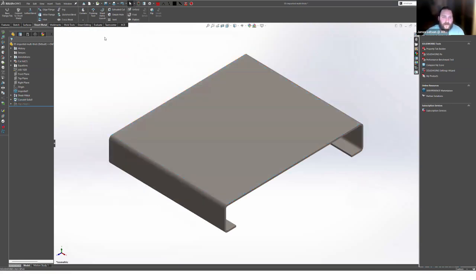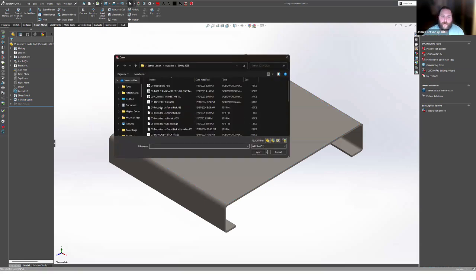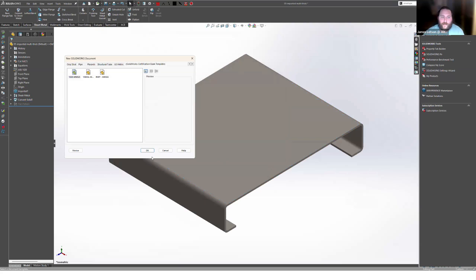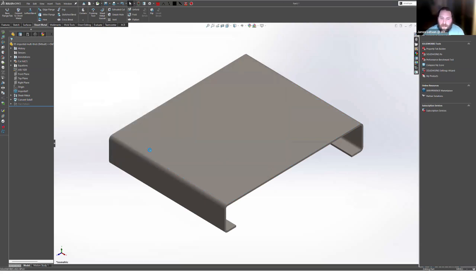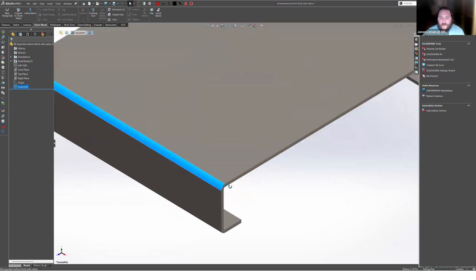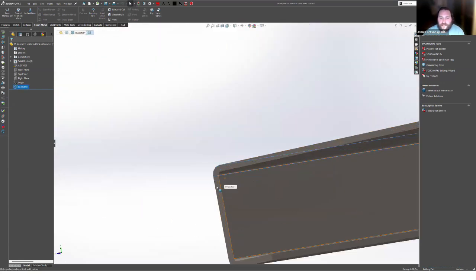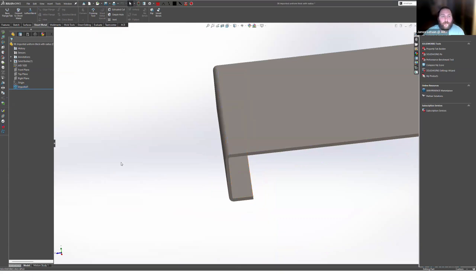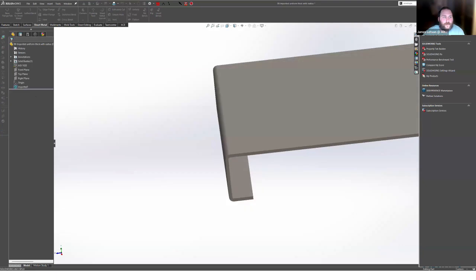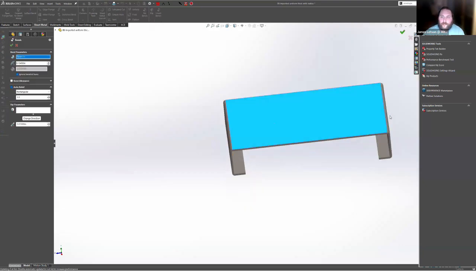So now what if we get an imported part that already has radiuses on it? We got this from an outside company that we're working with. They modeled this part, and they put radiuses on it already, and you can see them both on the inside and outside. If I come up here to insert bend, you can see that when I click it,